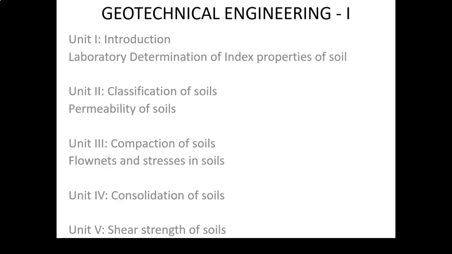What is the difference between compaction and consolidation of soil? Compaction is the settlement of soil due to expulsion of air under dynamic loads, whereas consolidation is the settlement of soil due to expulsion of water from the soil under steady static loads. In Geotechnical Engineering 1, you studied the compaction process, effect of compaction on soil properties, field compaction control, estimation of consolidation properties, and consolidation settlement.